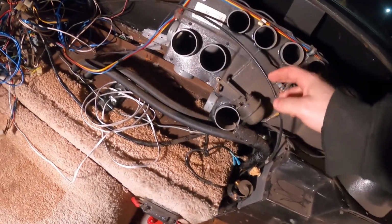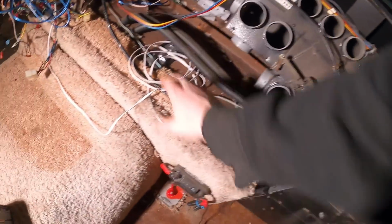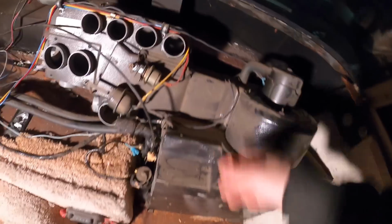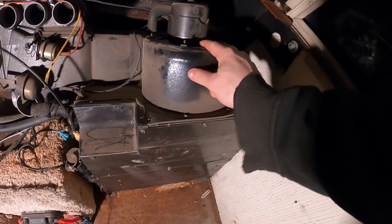Okay, that gives me a little more room to work over here. We'll just take everything out. Get it all out of the way. I don't even know if I really need to put this back in. If the AC doesn't work, I can just get a...